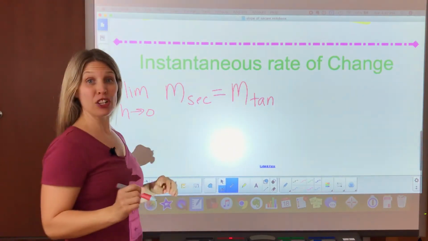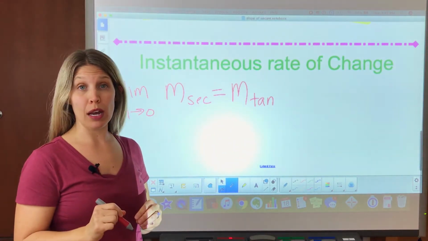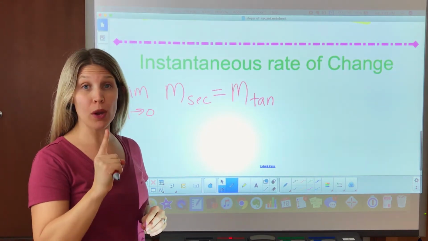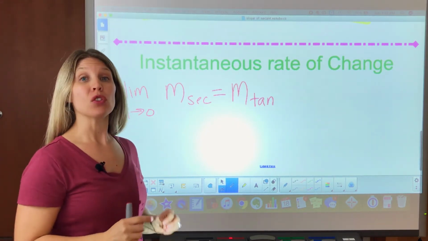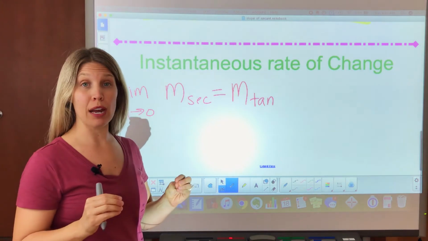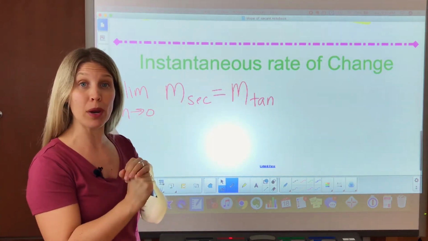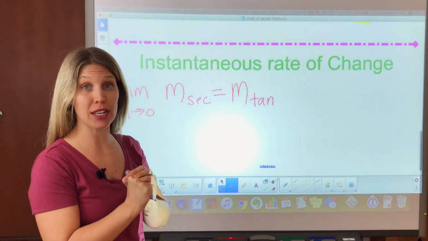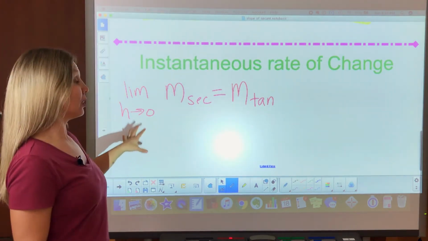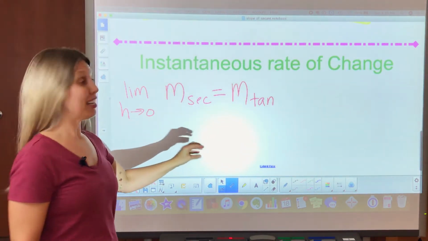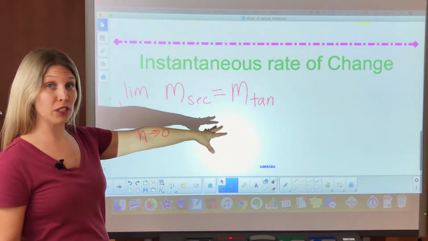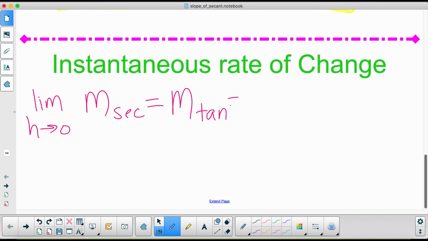Remember, a tangent line goes through a graph at 1 point. That's the instant. So when we took that initial graph and it was going through 2 points and we got it closer and closer, so it was going through 1 point, that is called a tangent line. So if you take the limit of the slope of the secant line, that equals the slope of the tangent, and this equation is written as the limit